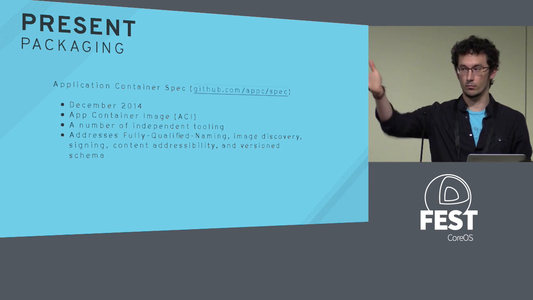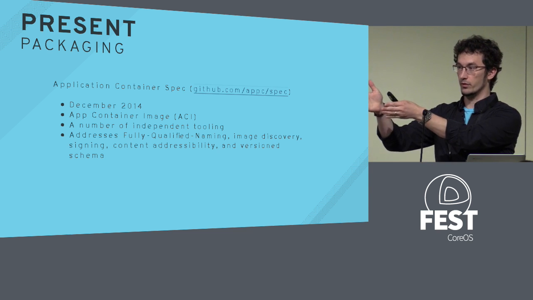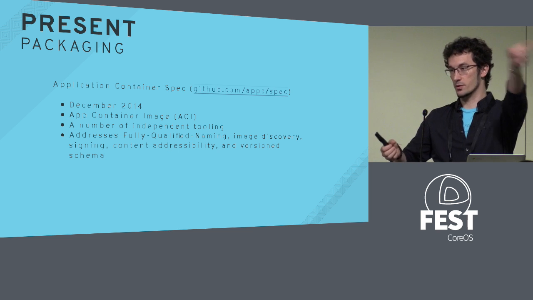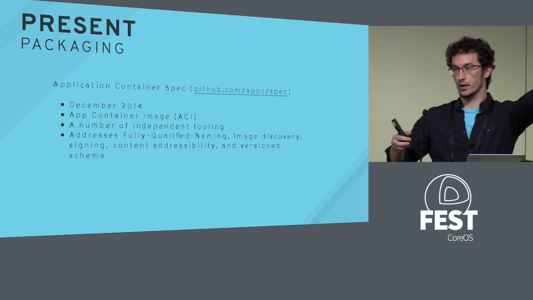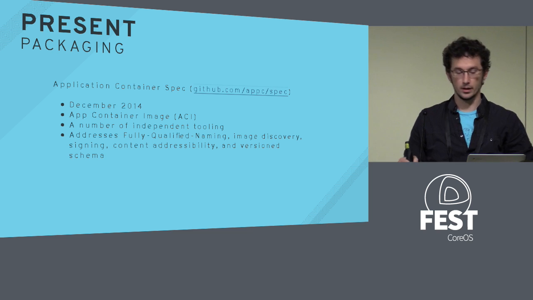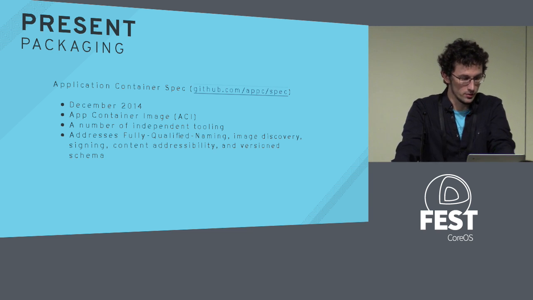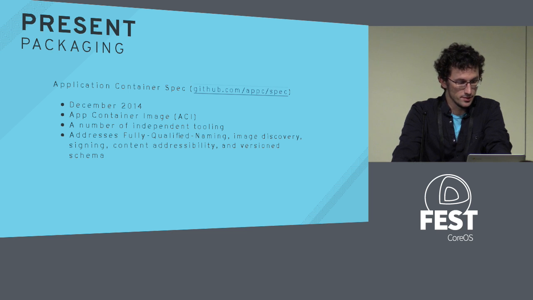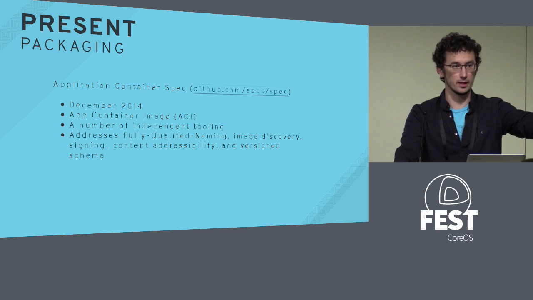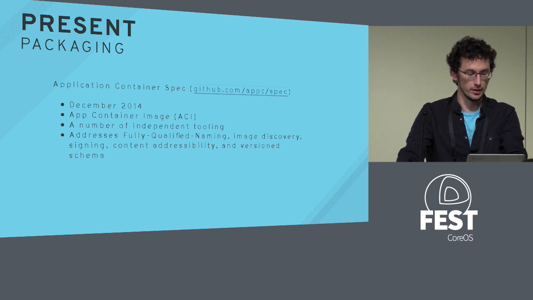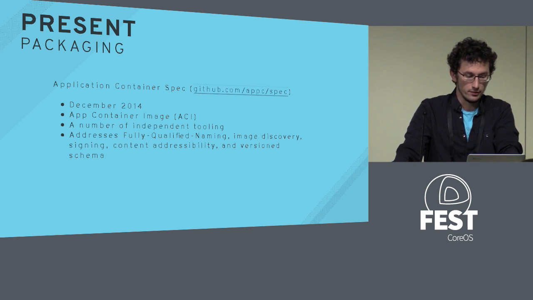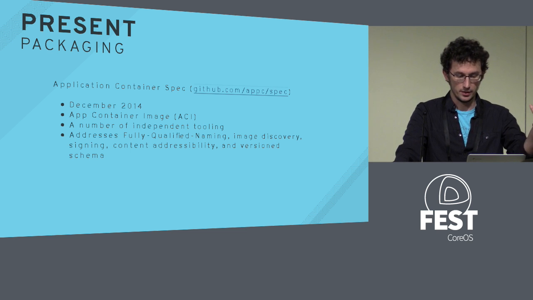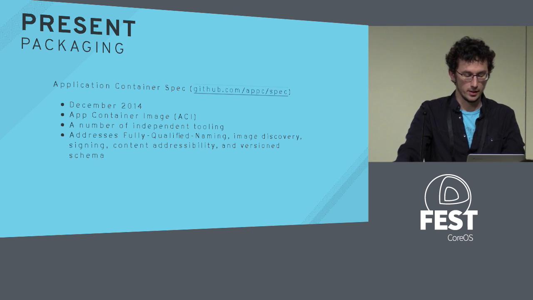You could pull from one company's website that references a specific version of a base layer that is hosted by somebody else entirely, without having to have a centralized registry. But it addresses that kind of fully qualified naming. You have TLS negotiation to the company or the website that you pulled the image from, a way to discover it. You have content addressability, so you know exactly which image you were expecting and you got,